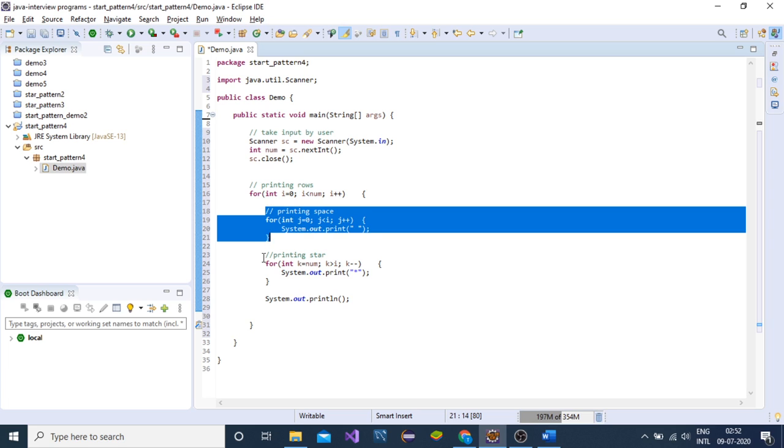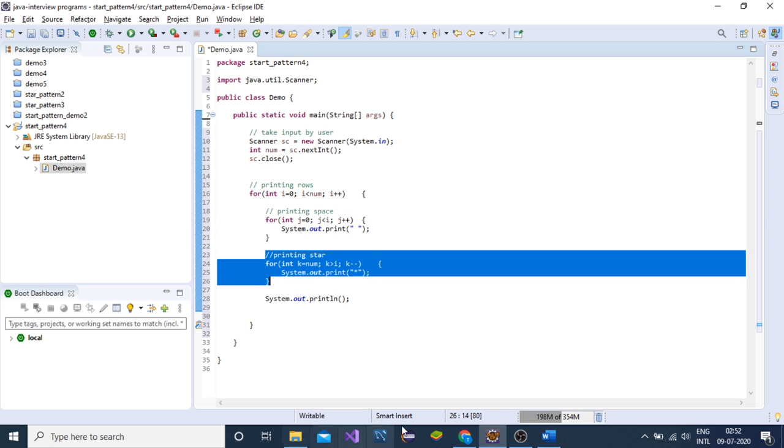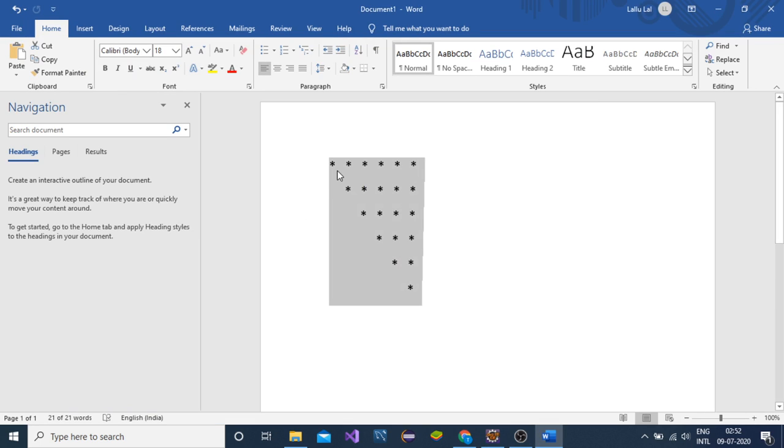Now coming to the star. In the first row we need as many stars as the num we have passed. Suppose we have passed 6, so we need 6 stars, then 1 less, then 1 less, then 1 less, at the end we need 1.